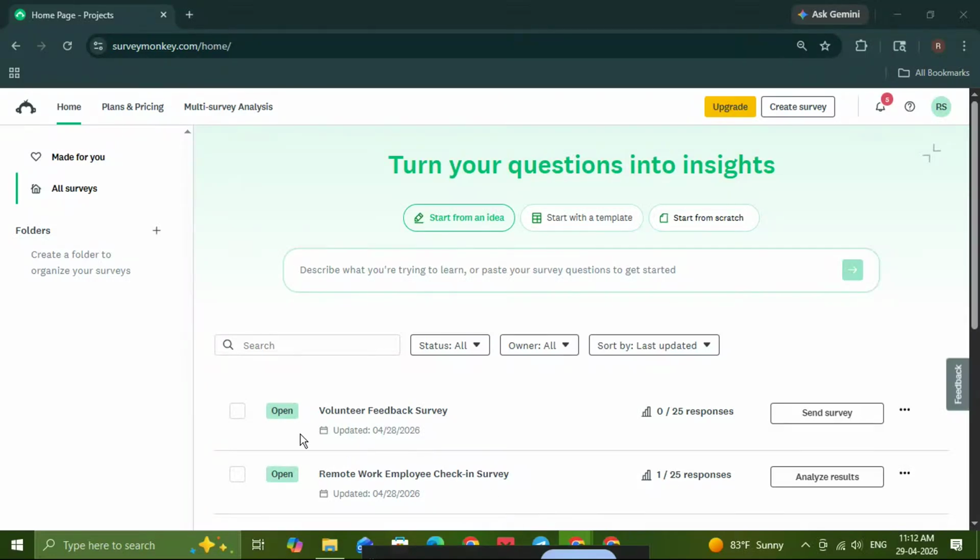If you need to connect SurveyMonkey with Microsoft Power BI, this quick tutorial will walk you through the process step by step. This is a useful setup if you want to bring survey data into Power BI for reporting, dashboards,